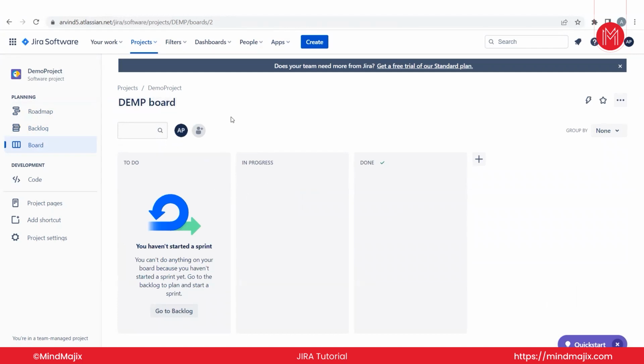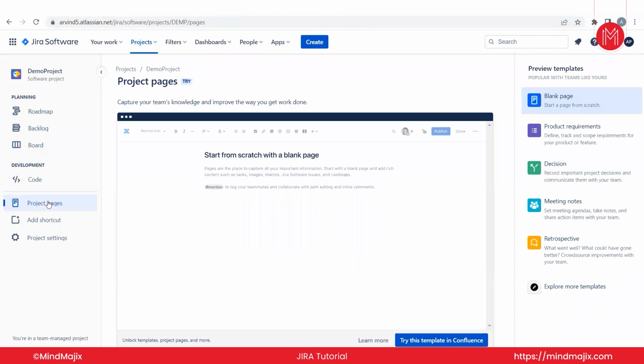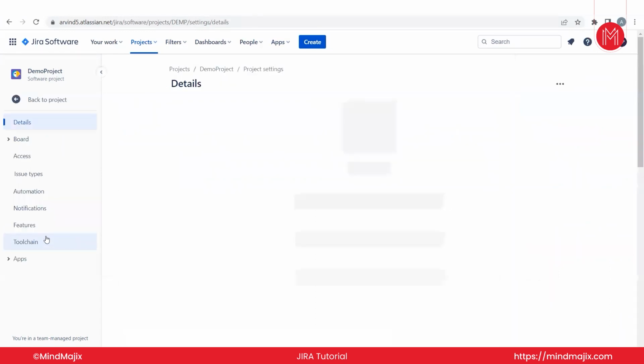As you can see, this is the board section, and here you have the option of, again, the backlog that we just previously saw. You can click on project pages over here. So what are project pages? You can capture your team's knowledge and improve the way you get work done. This is the overall purpose of project pages, and here you can see the templates. You have blank page, product requirements, decisions, meeting notes, and so on. If I click on project settings over here,